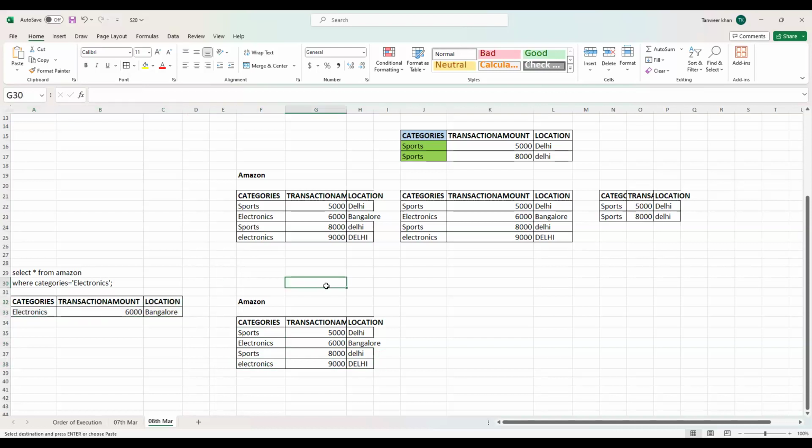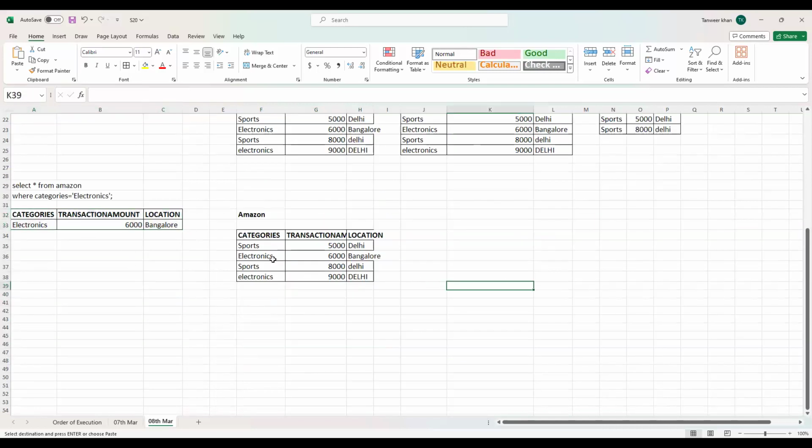My first question to everyone: do you think this is a valid concern raised by the client? Yes or no? Yes, this is a valid concern, because the client is finding two records of electronics, but we are displaying only one record, right? So the client will obviously ask, no Tanvir, I'm not happy with this. I could see there are two records. Why are you showing only one record? If I tell them that I have written this query and this query is giving me only one record, sorry, I'm not responsible for it,